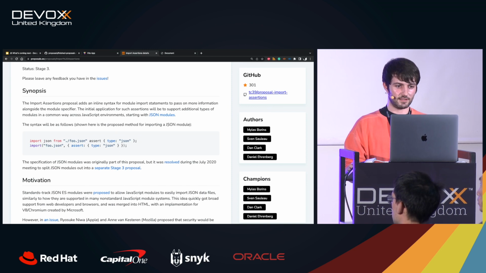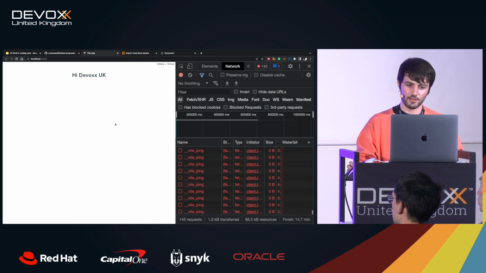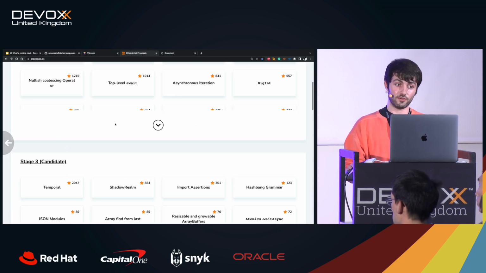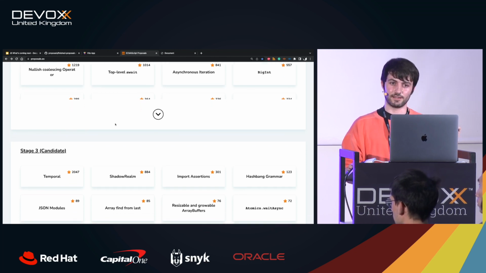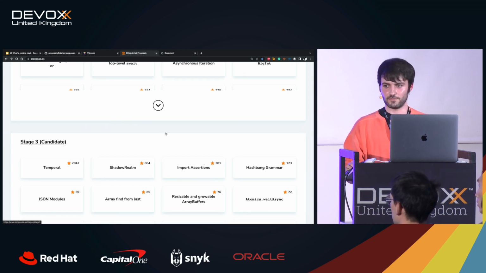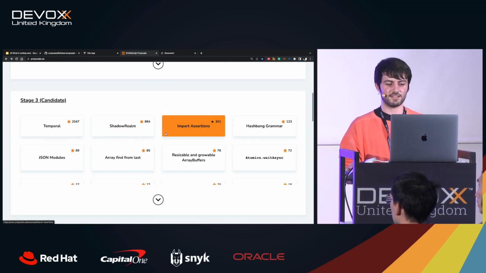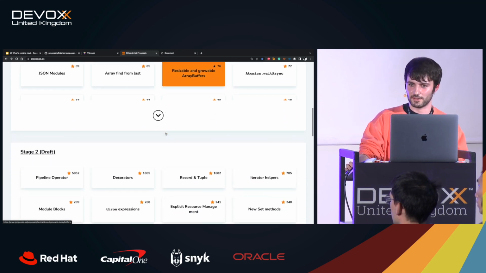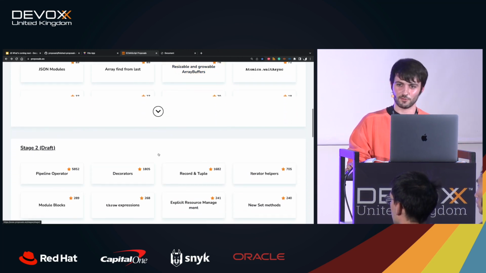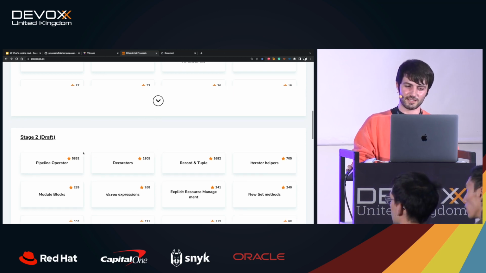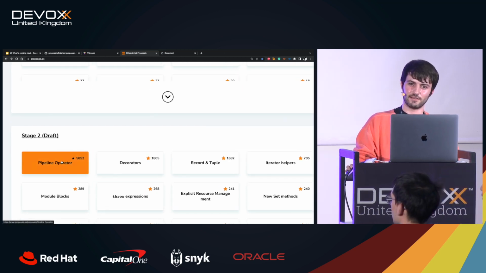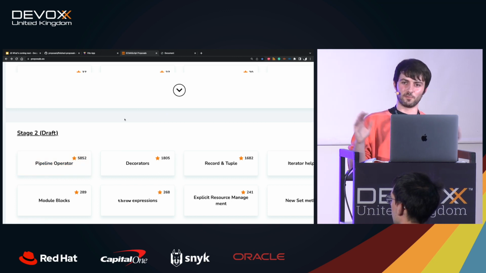Okay, this is the other one that I wanted to cover in stage 3. We will talk about one of the other ones that have made it to stage 3 later, that is Decorators, which, for those of you who work with Java, for example, is similar to it. But for now, because this happened like 2 or 3 weeks ago, when it got moved from stage 2 to stage 3, we are going to focus on the most liked proposal by the community as of today, that is the pipeline operator.